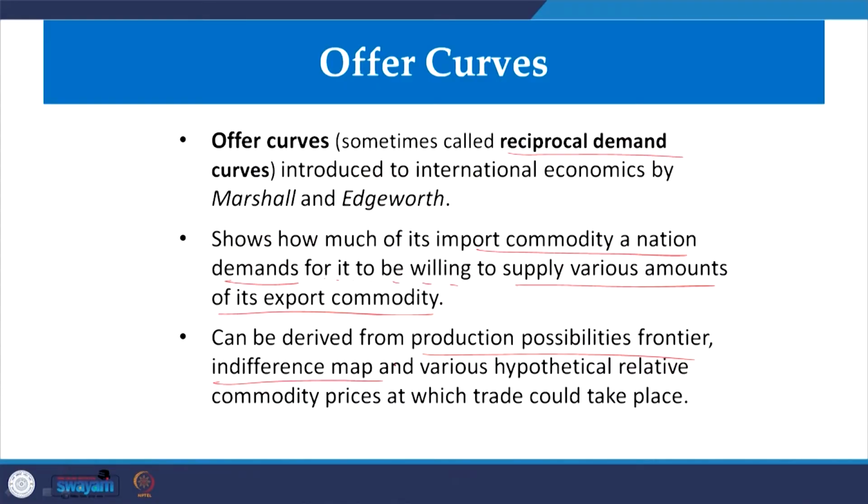So, those are also expressed. So, there is reciprocity attached, and therefore a general equilibrium solution is attached to it. These can actually be derived from the production possibility frontier and the indifference curve map, if both are taken together